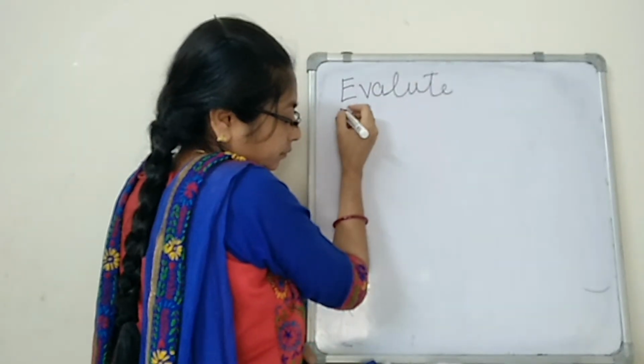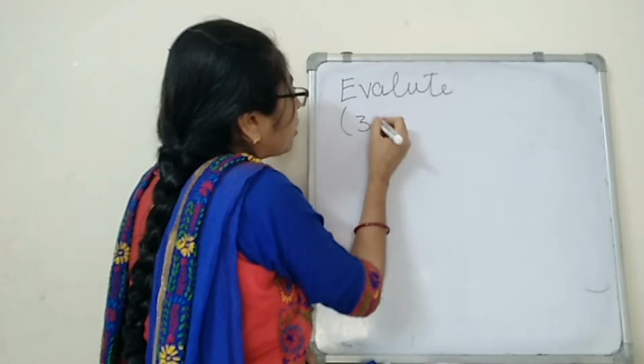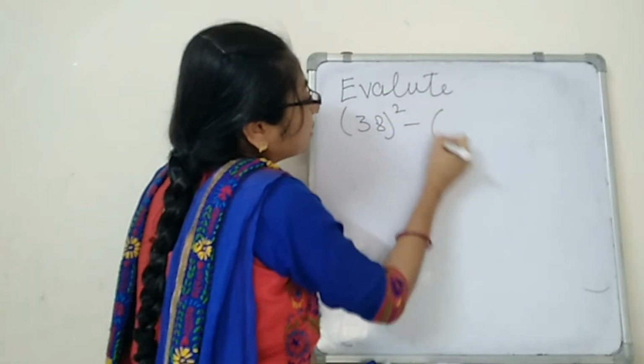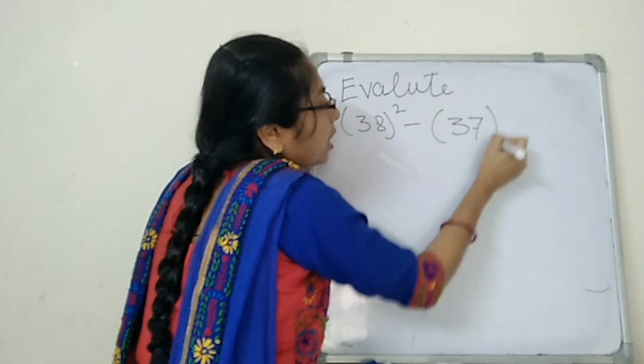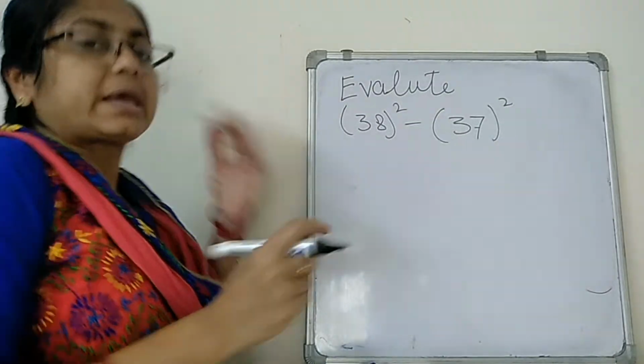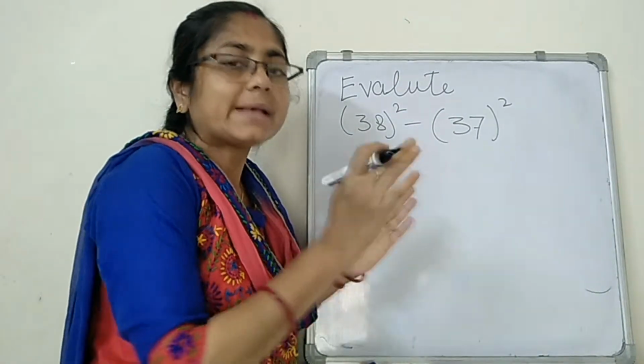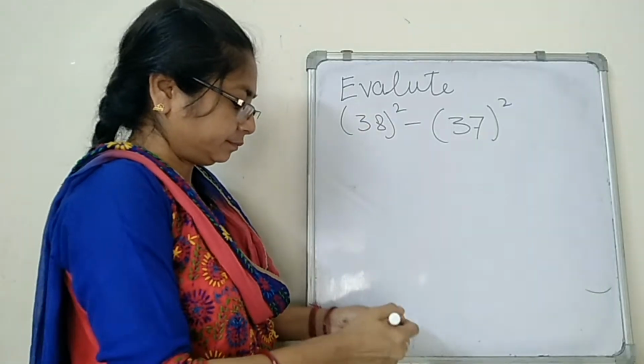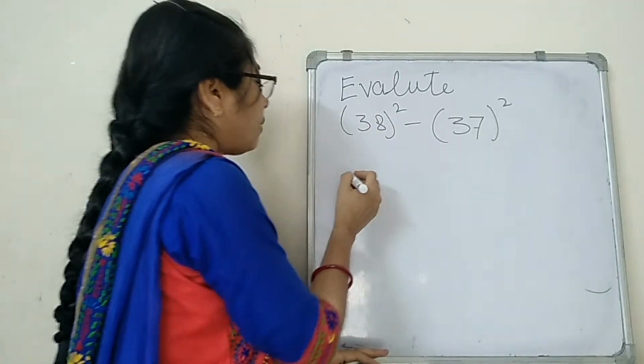Evaluate: 38 square minus 37 square. Before starting the math, I tell a formula. Please listen to it properly. The formula is